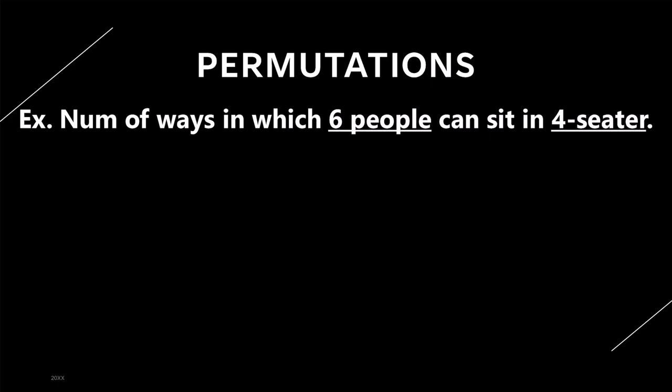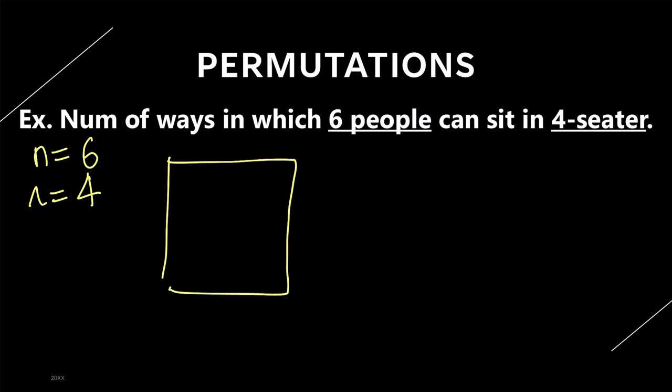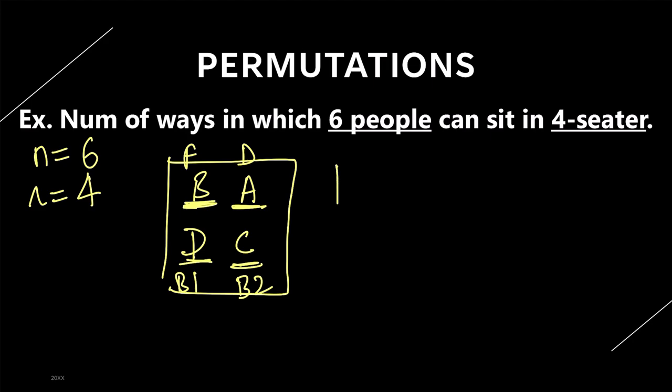Number of ways in which six people can sit in a four-seater car. Now, again, this is very similar to the batsman example. Total players we have is six and a four-seater car. Now, does their sitting arrangement matter? Yes, because there are four seats in the car. This is the driver seat. This is the front seat. This is back seat number one. Back seat number two. So if A is sitting here, B is sitting here, C is sitting here, and D is sitting here, and the other case is